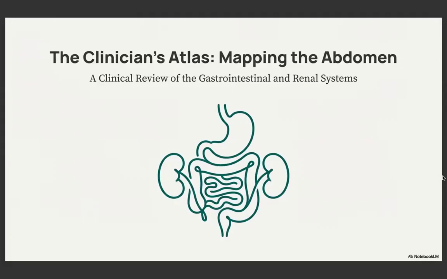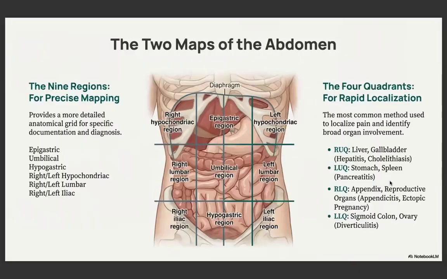Now we're going to talk about the gastrointestinal and the renal assessment. Remember, when we're talking about our abdomen, it's broken down into 9 different regions over 4 different quadrants. So we have our right and left hypochondriac, our epigastric, our right and left lumbar, an umbilical right around your belly button, hypogastric, and right and left iliac position. Then we have our